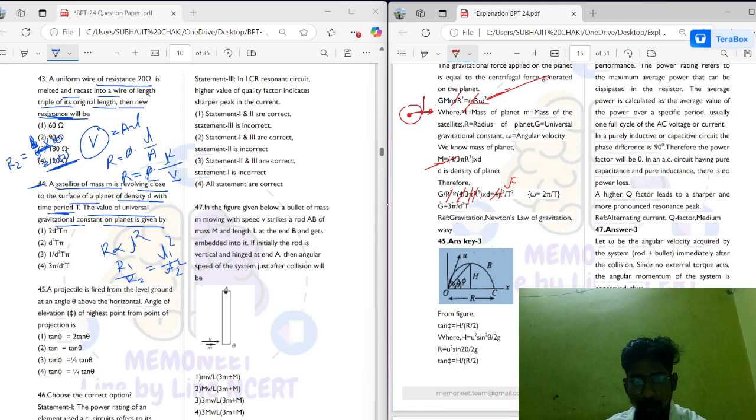And for that, the assertion is there. In an alternating circuit, the power rating registers the maximum amount of power it can dissipate. The power rating refers to the maximum average power, that is P equals IRMS into VRMS, that means 1 by 2 I into V cos phi, where cos phi is our power factor. In one cycle of AC voltage or current in purely inductive circuits, the phase difference is always 90 degree, pi by 2. Therefore the power factor will be 0. In an AC circuit having a pure capacitor